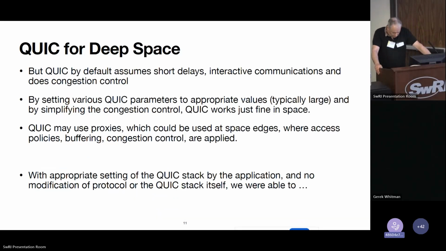So does QUIC work for space? Actually, no. Why? Because it assumes short delays in interactive communications and does congestion control. But if you set the various QUIC parameters to appropriate values, typically large, and simplify the congestion control, because in fact congestion control is not happening in space, you actually buffer the packets or the data, because the next stop is not available.